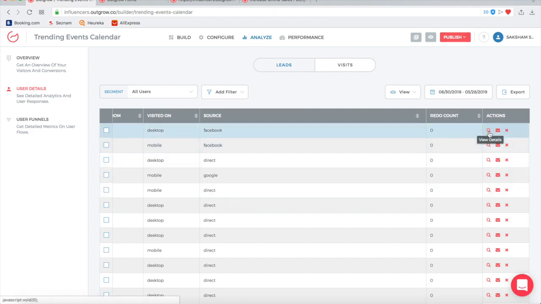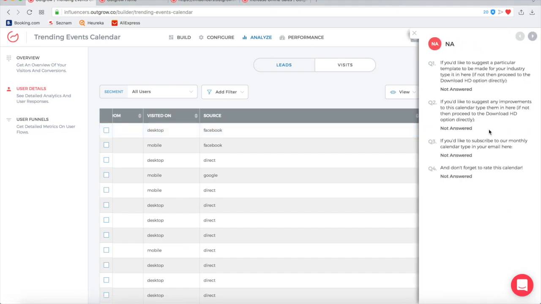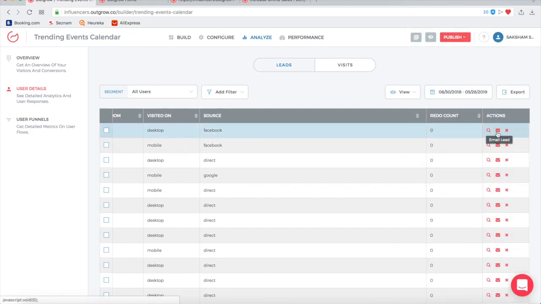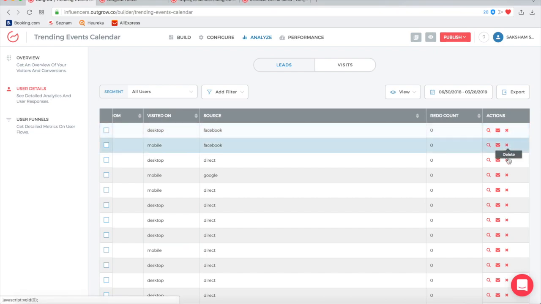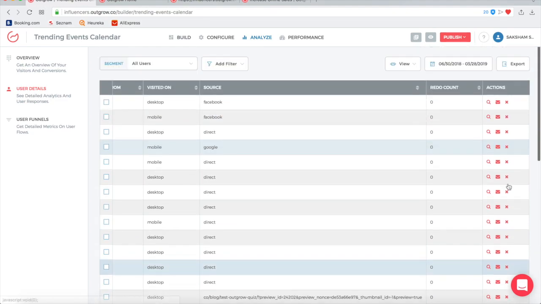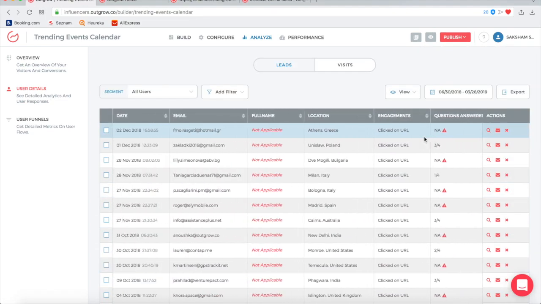And if you finally click on this little magnifying glass, you can see how everyone answered each question. I'm showing you a different template here because there was no data for the other survey template because we just made it. So as you can see, there are like 4 questions in this one, but if there were 20 questions in your survey, you'll see the answer to all those 20 questions. And this is the email, and you can also delete a particular answer if you want to delete it. Okay, so that,